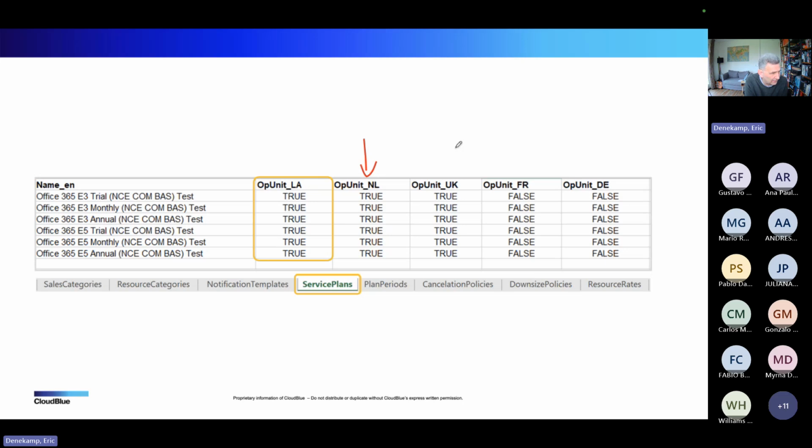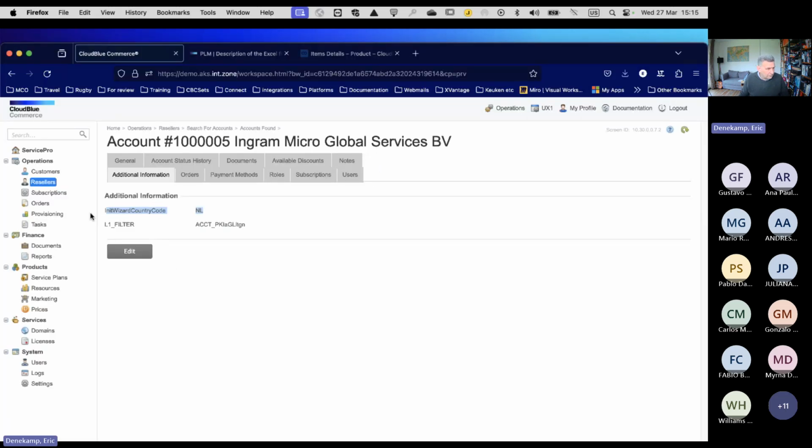You can use anything. You can even do regions if you want to. But that NL is this NL. And it's using this additional information. You have to make sure that that one is filled for your operational units, or your opcos.